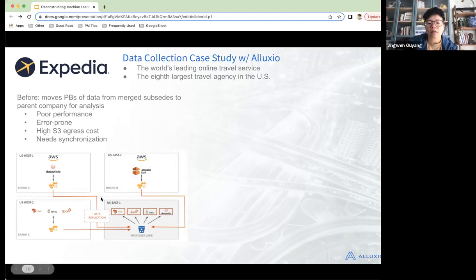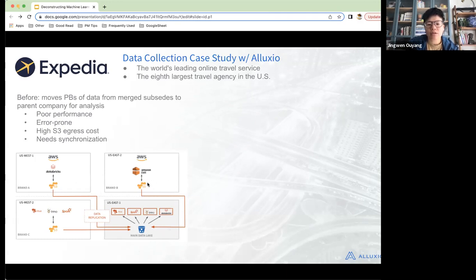And then there is a central main data lake that does the central processing also. So all those data from the subsidiaries gets copied. This is the original method. So the data is replicated from those either public cloud or maybe another data center into this central data lake.